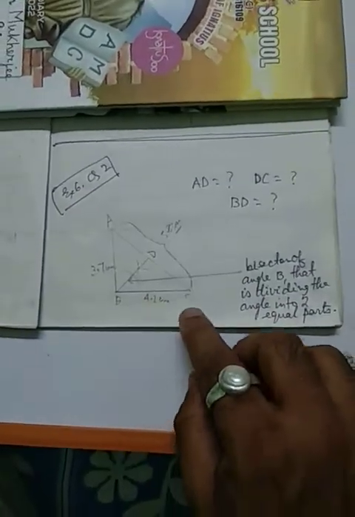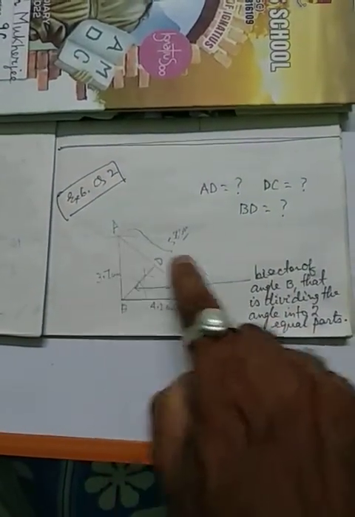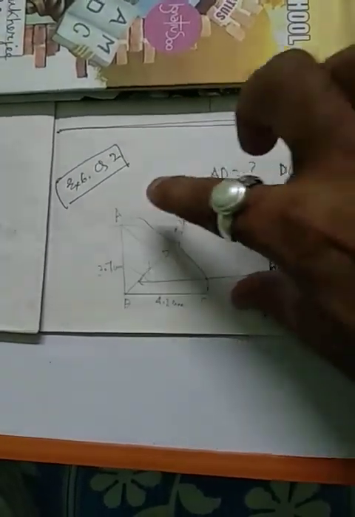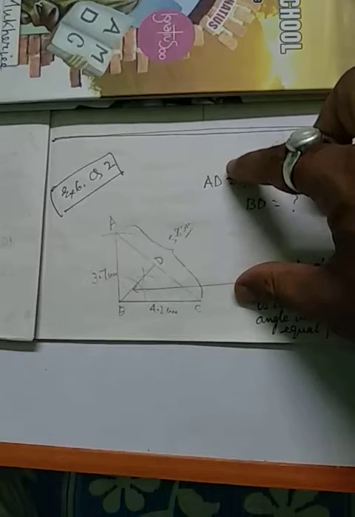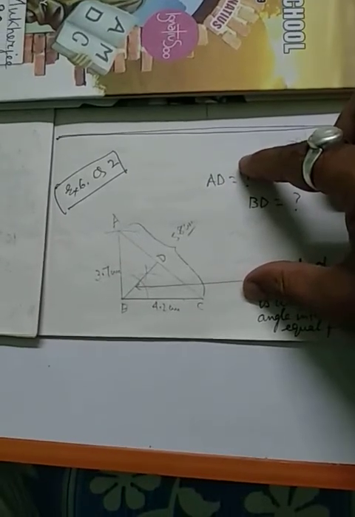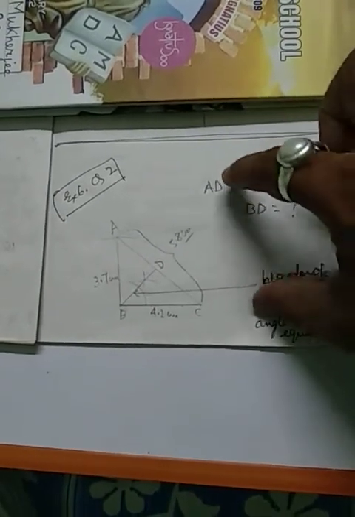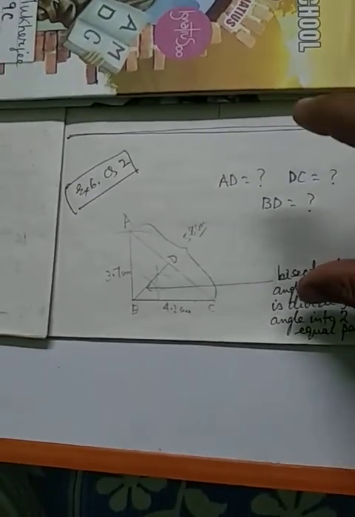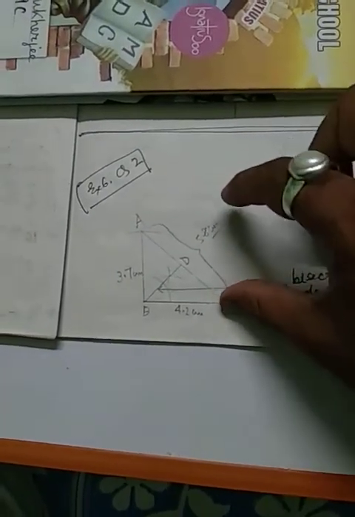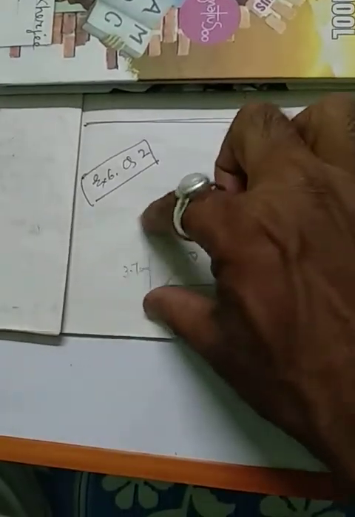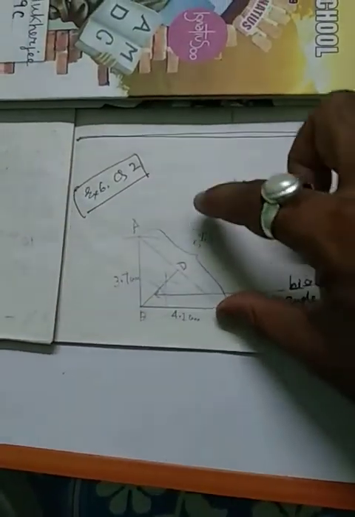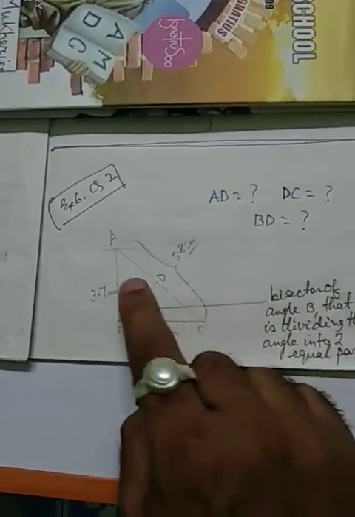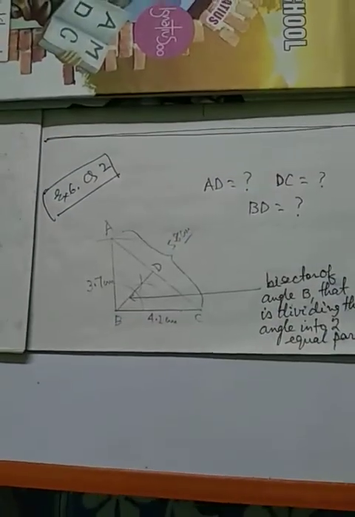Then the third side of the triangle is given as 5.8. So from C you take an arc. You measure on the scale. I hope you have done this in class 5. You may know a little. So you take an arc of 5.8 from the scale, from the protractor, and then cut from this. So from B you take 3.7 and from C you take an arc of 5.8. Then where they cut, that is the vertex A.